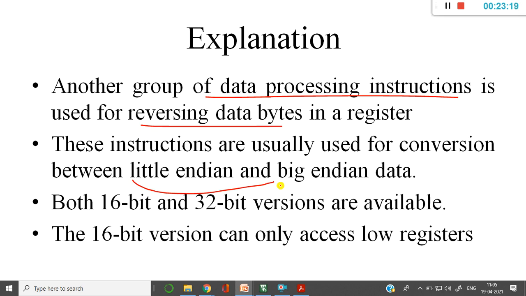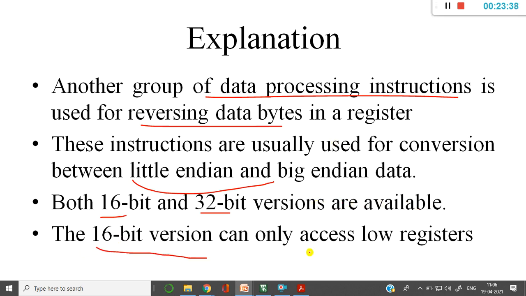Now this operation is performed by a single instruction called REV. Both 16-bit and 32-bit versions are available. You can convert only 16-bit, or if you want to convert 32-bit, both are possible.